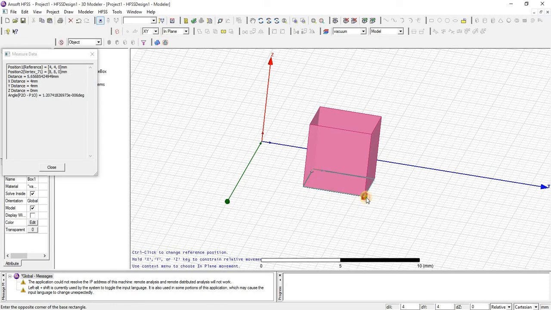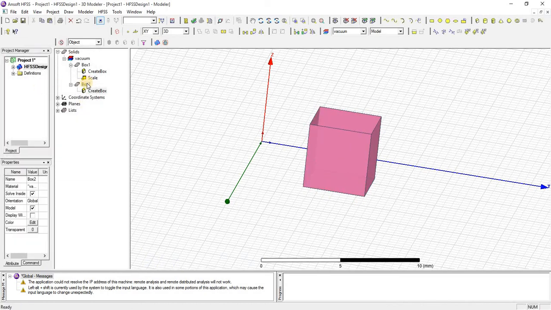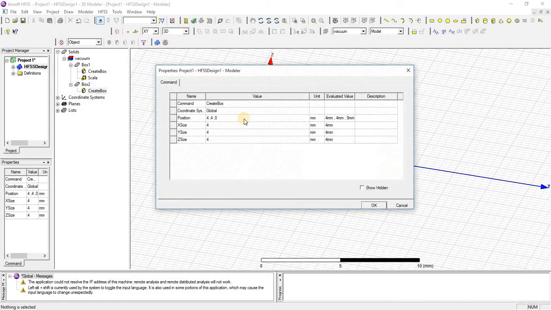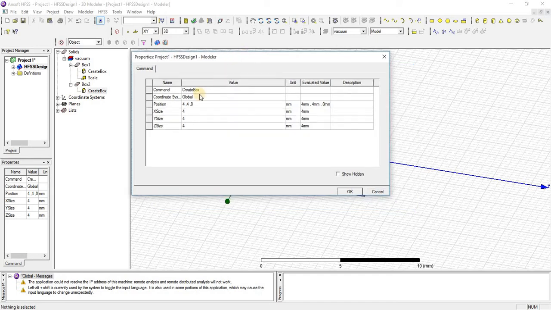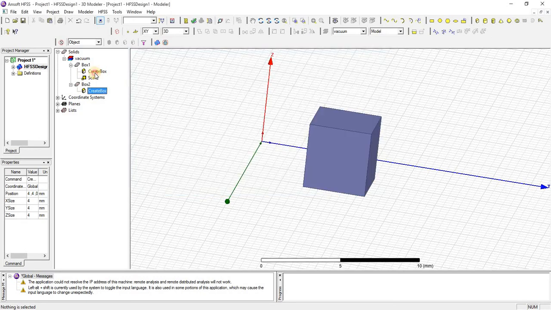Now by drawing another object on the new object, we can check its dimension. Here you can see that 2 is multiplied with all the original dimensions. What was the original dimension?